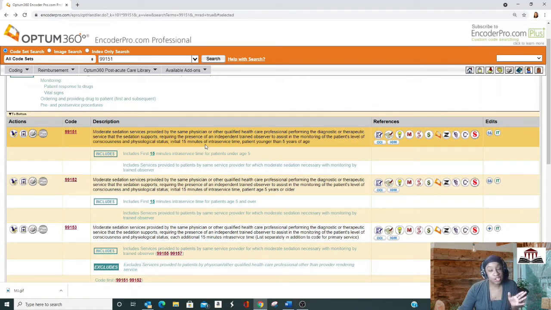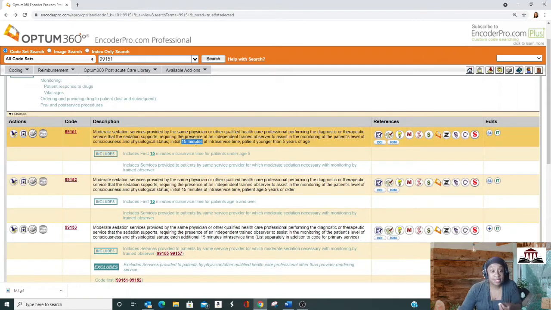Now, time is very tricky in CPT. You've got different guidance for time based on the code set that you deal with. You may have to meet the entire 15 minutes. You might have to pass the midpoint of it, or you could have a finite time that has to be a threshold that has to be satisfied before it's reportable. The latter is true in this case.